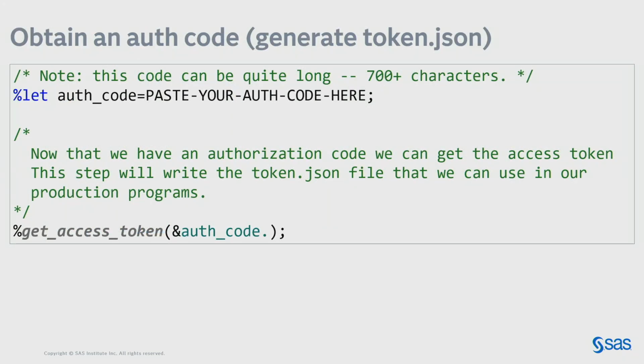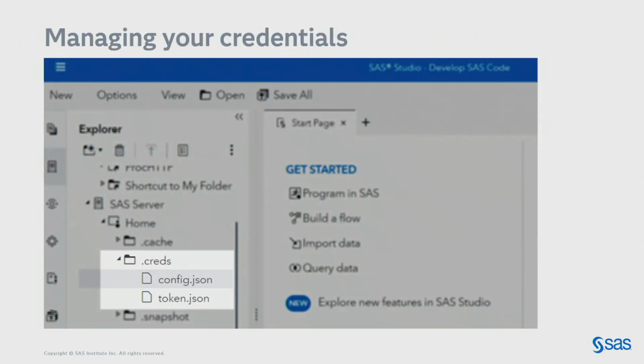Once you have that auth code, I've said you can begin to use my macros to get your initial token. So you paste that code into the template that I've set up, and then call this macro that will get the access token. It makes some login API calls behind the scenes, and will get you that token.